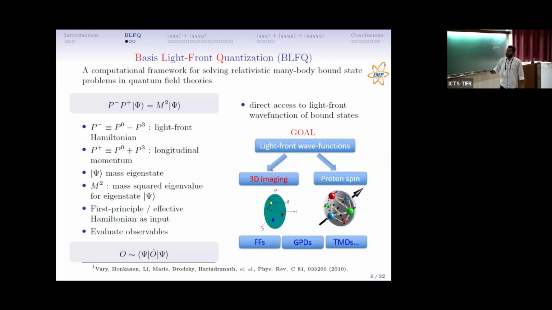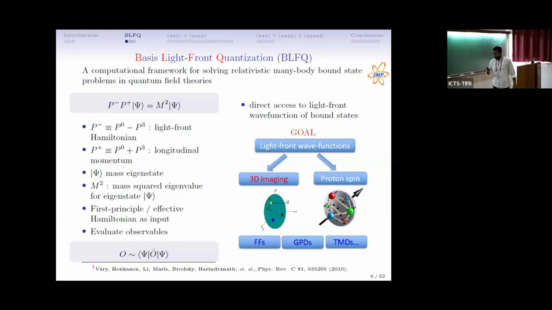So after solving these things, you have to know this light-front Hamiltonian, either derived from first principles, or you can model it. Once you solve these things, you get the light-front wave functions, and once you know these light-front wave functions, you can study many properties. So our target is to see proton spin and proton three-dimensional structure, like calculate the form factor, GPDs, and TMDs,